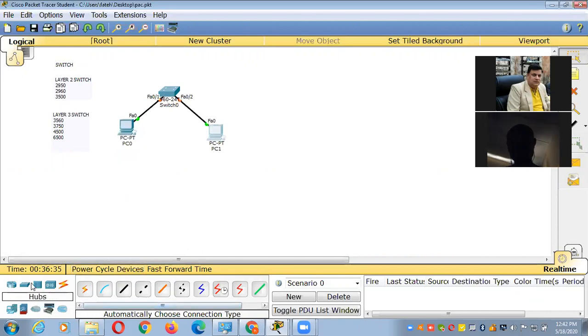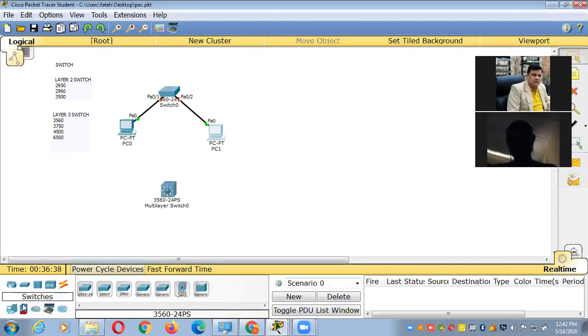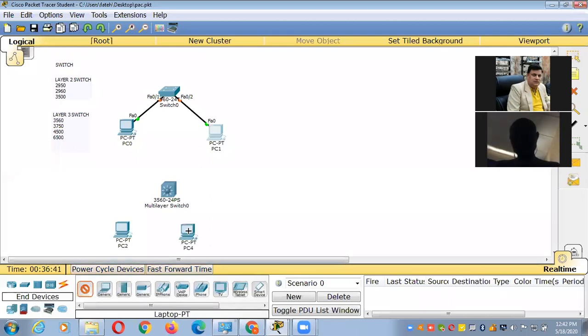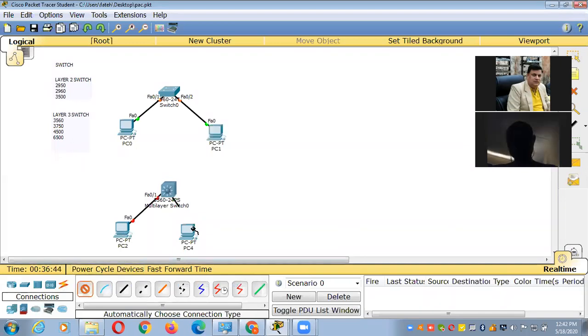And we have one more switch here, that is a layer 3 switch. So now we have two types of switch, layer 2 and layer 3. My question is, what is the difference between them?